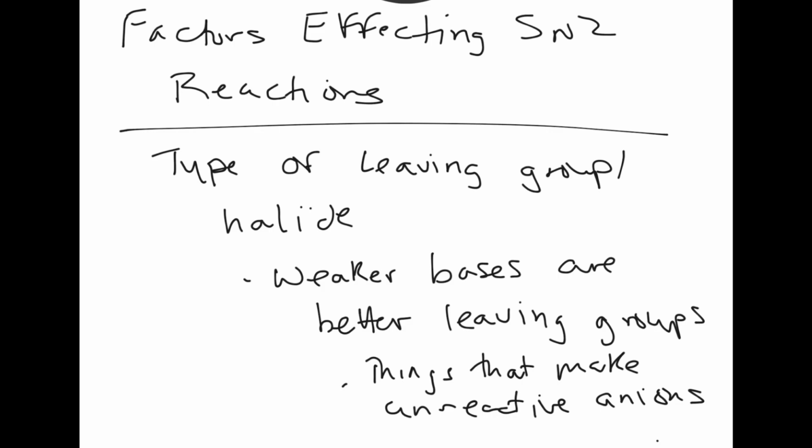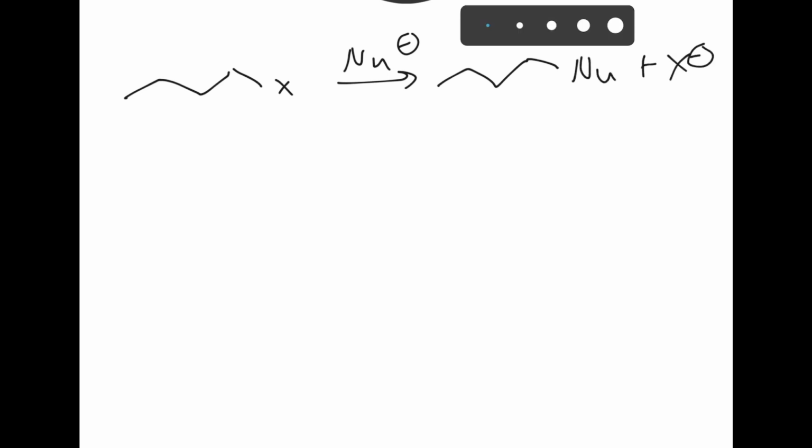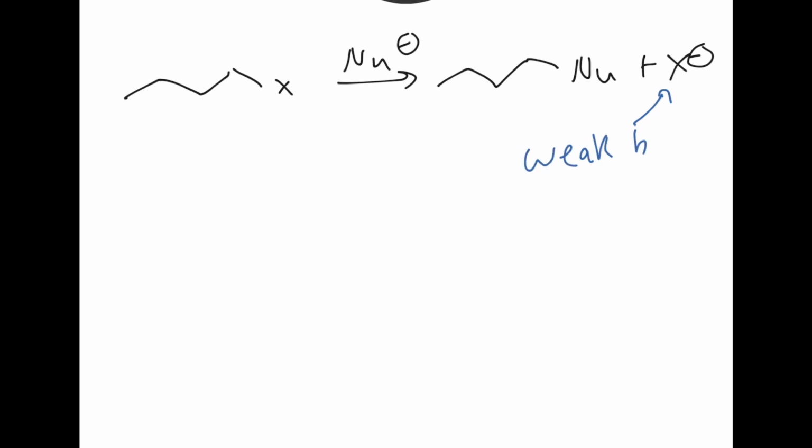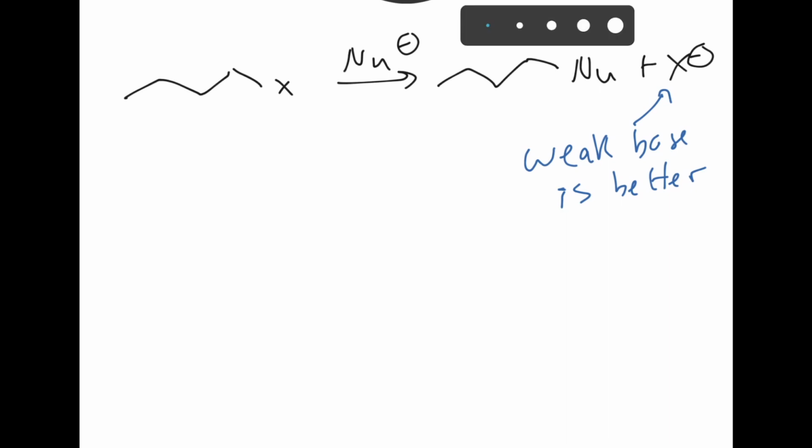So, all right, let's say we have X, we have our nucleophile. We're talking about this X, the thing that comes off the molecule. You want that to be a weak base. So for halides, our leaving group ability